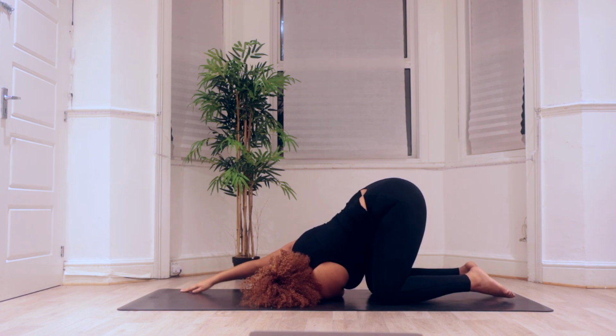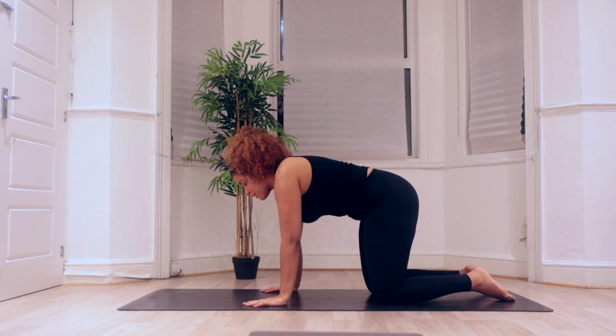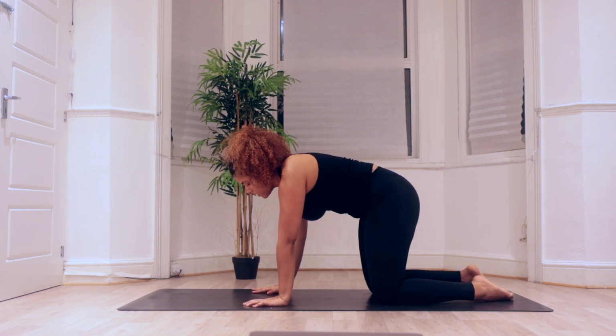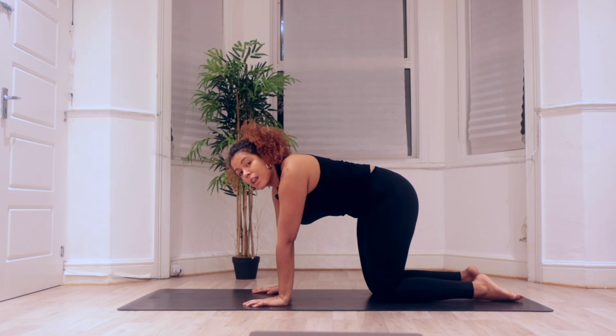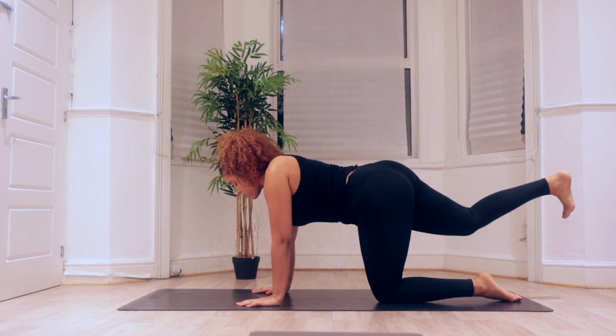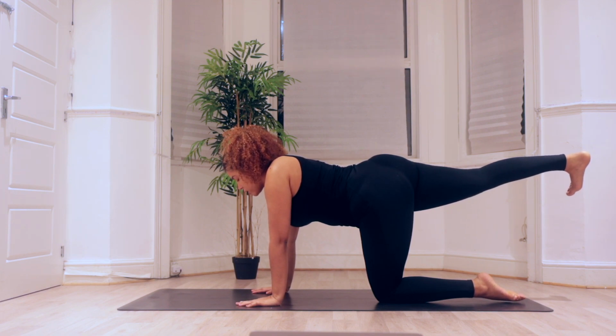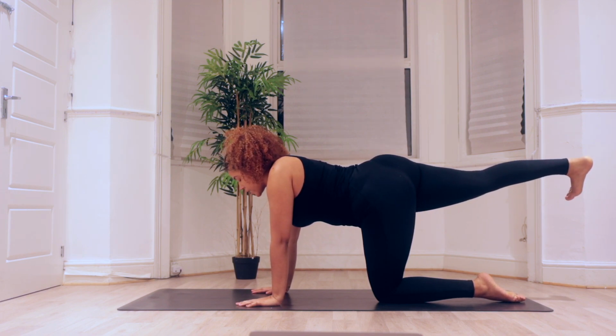And then when you're ready, let's bring the right hand back to center. Press the palm of the hand into the floor. Bring the left hand to meet the right, so you're in your tabletop position. Pressing into the floor with the left foot this time. The left knee, pressing the right heel back, lifting the right foot up. Squeeze the right glute. Take an inhale